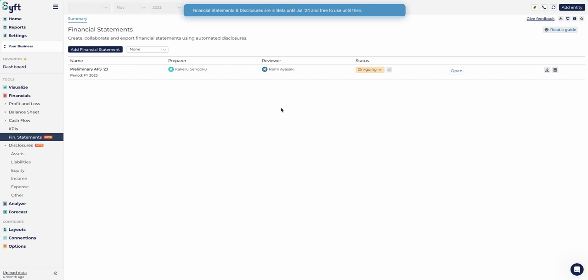This is an introduction to Syft Analytics' new financial statements and disclosures tool. Immediately upon landing on the financial statements dashboard, which can be found in the Financials tab under Financial Statements, we are greeted with a dashboard showing all of the financial statements you have created and a banner that